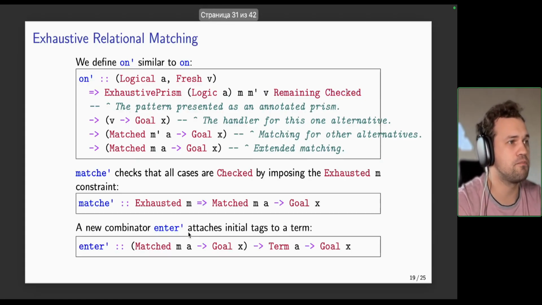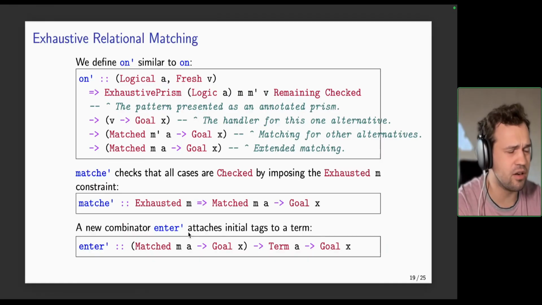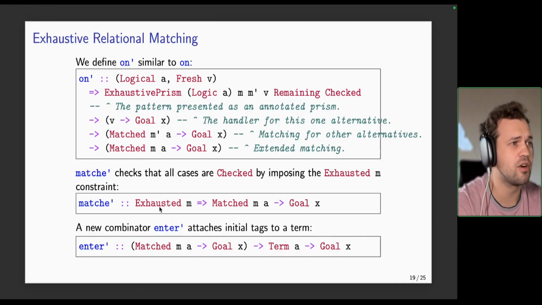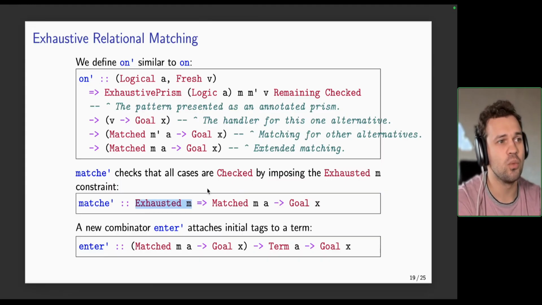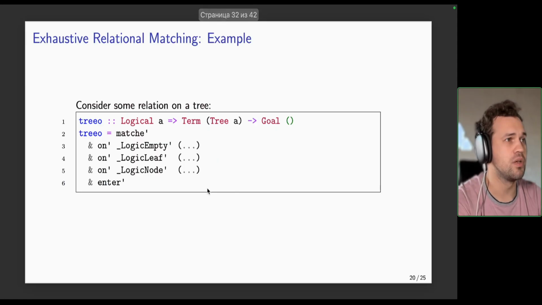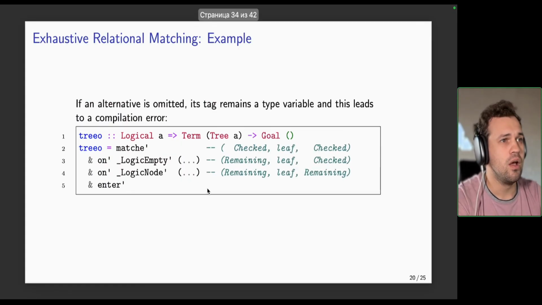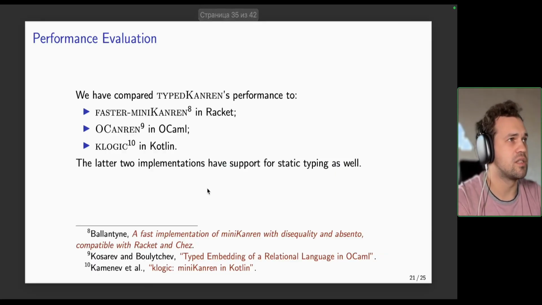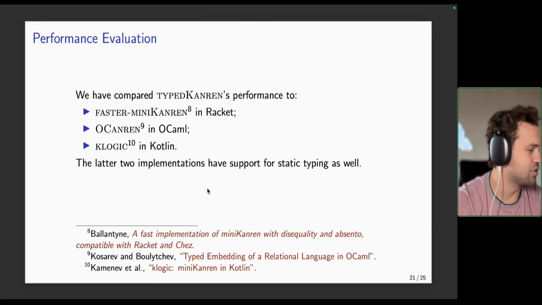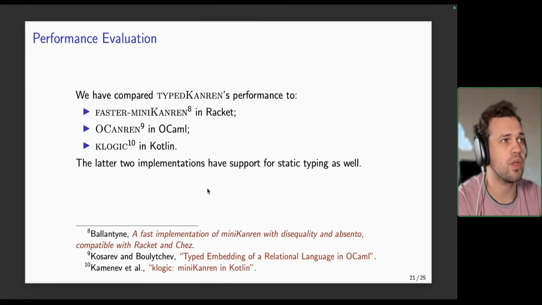And we have versions of matchE and on, and matchE now has this type class constraint exhausted, which verifies that all of the patterns have been matched. And again, here's just a quick example of how that would work. I'm going to skip this type information just to avoid getting overtime, and I just want to talk about one last thing